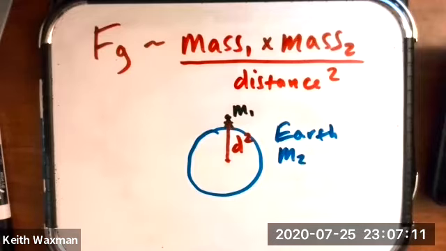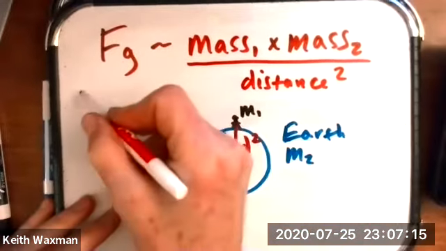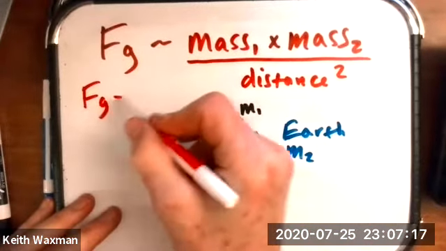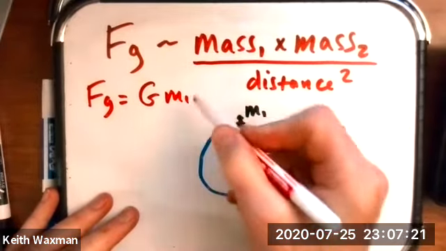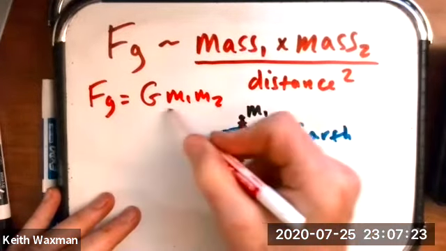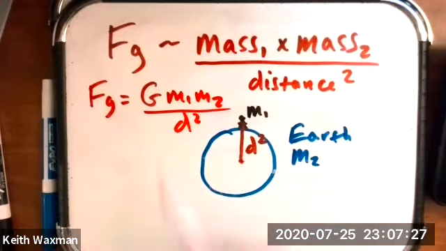And now, I know a lot of times you're used to having an equal sign. So in reality, the force of gravity equals G, mass 1, mass 2 over distance squared. So you can make it equals if you put in this universal constant of gravitation called G. It's a big G, all right? It's a big G. So you can put that in, and then you can have it in units like,